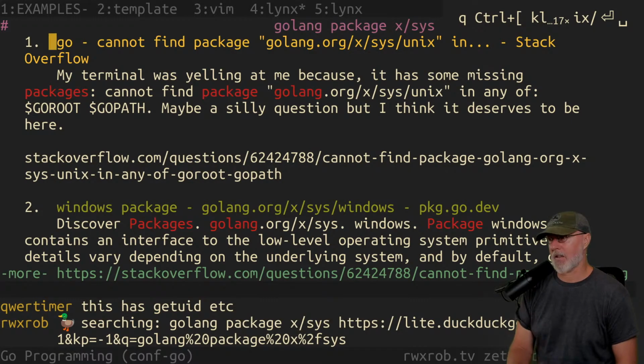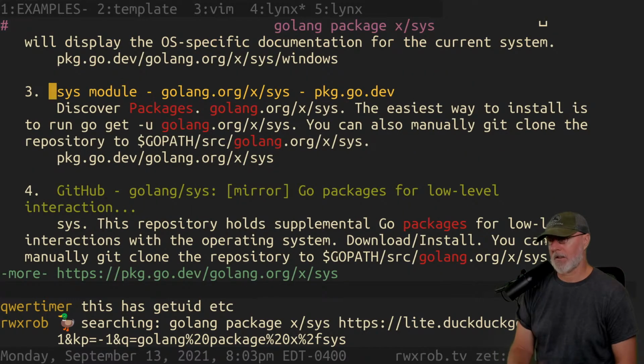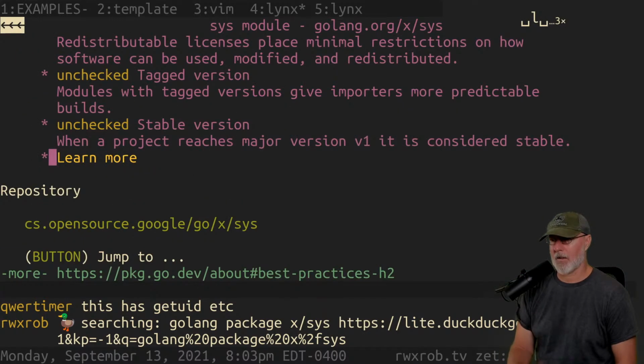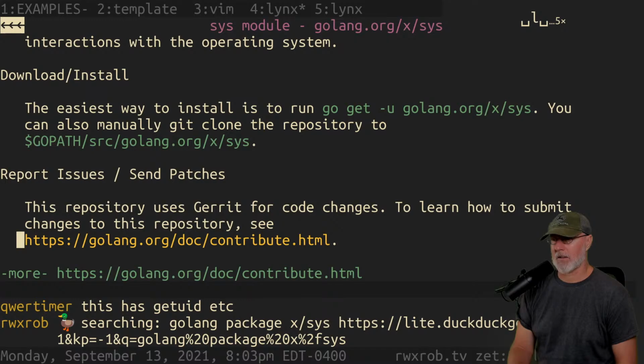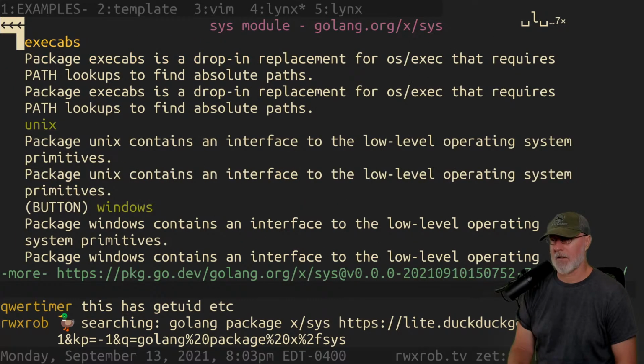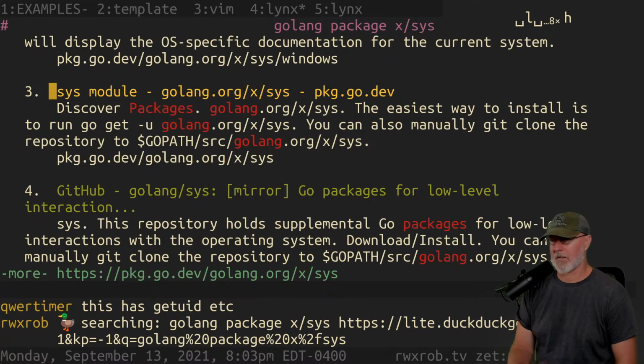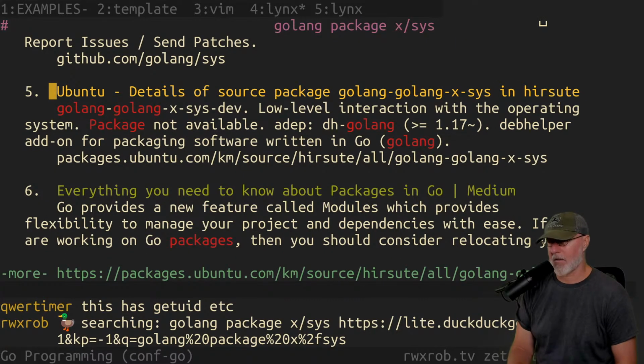There's more than one sys in there. Sys Unix. Sys Windows. Yeah, here we go. Download, install. Wait. No, that's not it. Where's the package documentation? There it is. That's it. Golang sys, no?